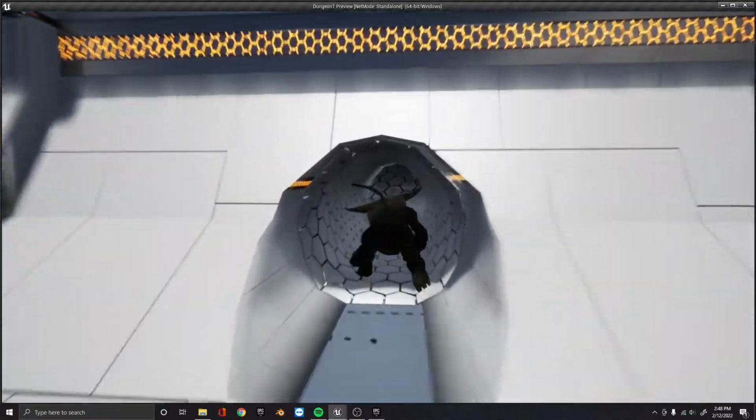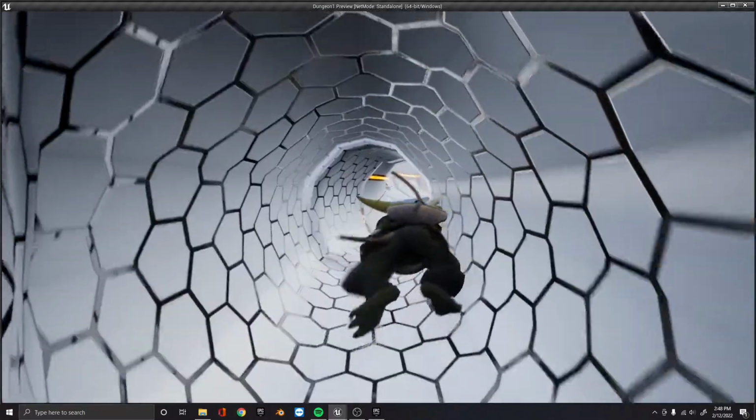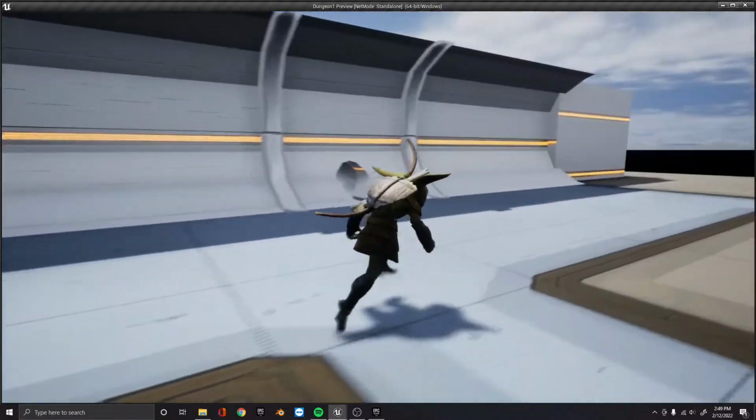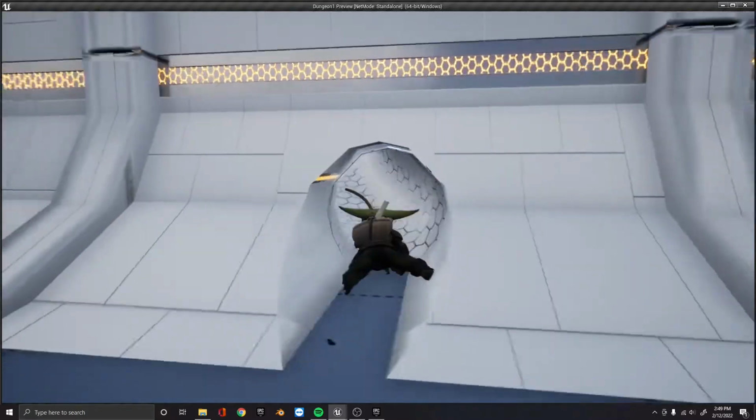But because we're a goblin, we can go crawl around inside of the ventilation system, and we can come out. Nice. Yeah, I think this is going to make for some super fun, super emergent gameplay. We can, whoa,